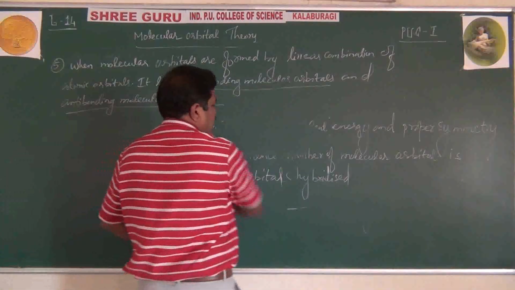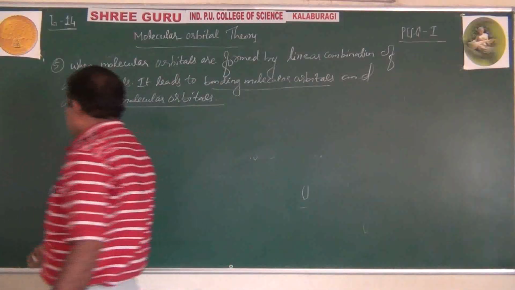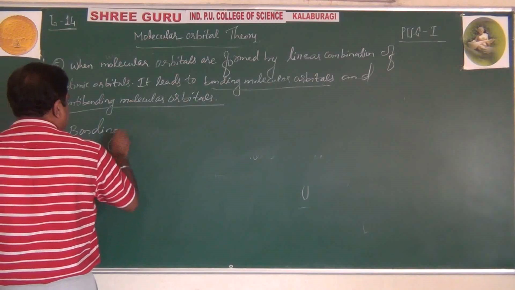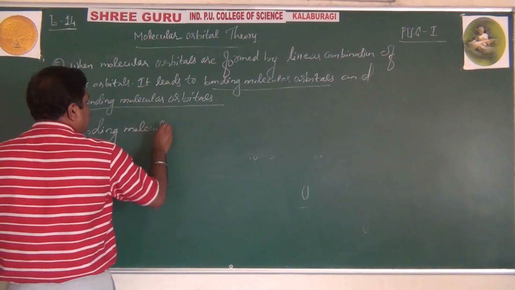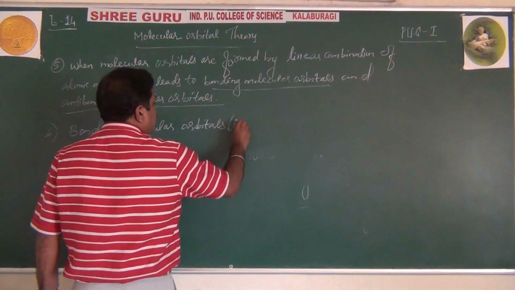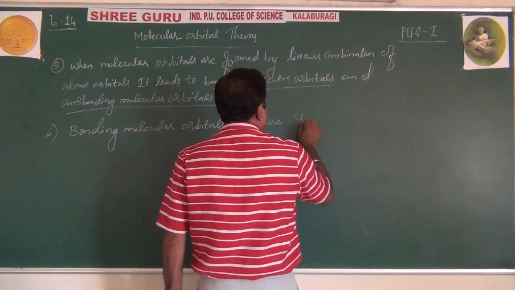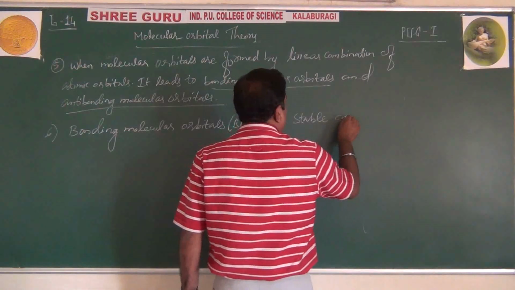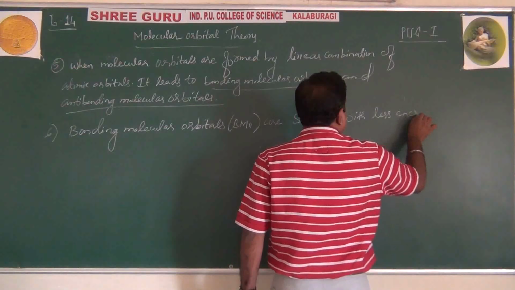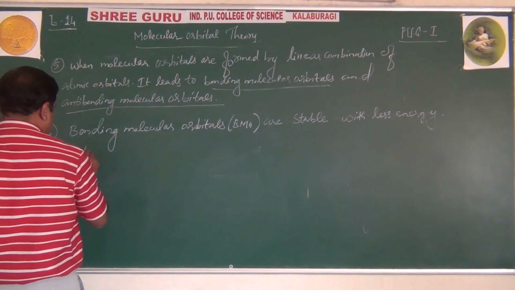Then the sixth, the second feature of this molecular orbital theory. Now, bonding molecular orbitals, BMO, are stable with less energy. Antibonding molecular orbitals